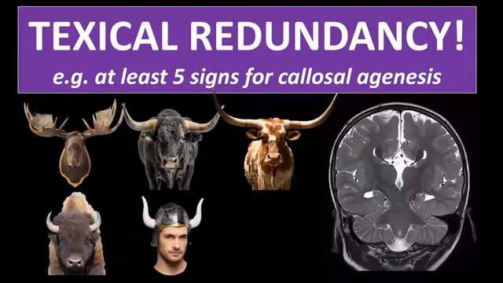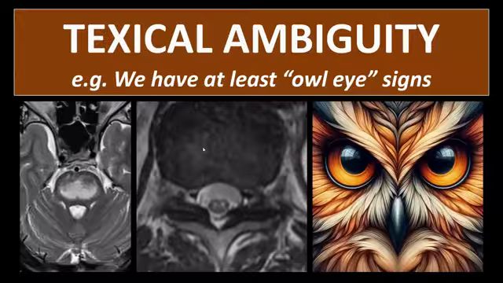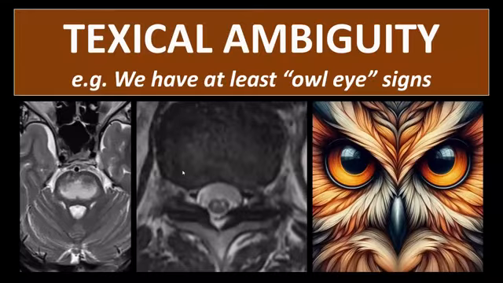Same is true for callosal agenesis: moose head, steer horn, Texas longhorn, even Viking helmet, all to describe the same imaging appearance. And then we have a problem of lexical ambiguity, where the same sign can be used for 2 different entities. For instance, we have 2 string of pearls signs in radiology, one to describe fibromuscular dysplasia and one to describe internal watershed infarctions. Or we have 2 owl-eye signs, one to describe